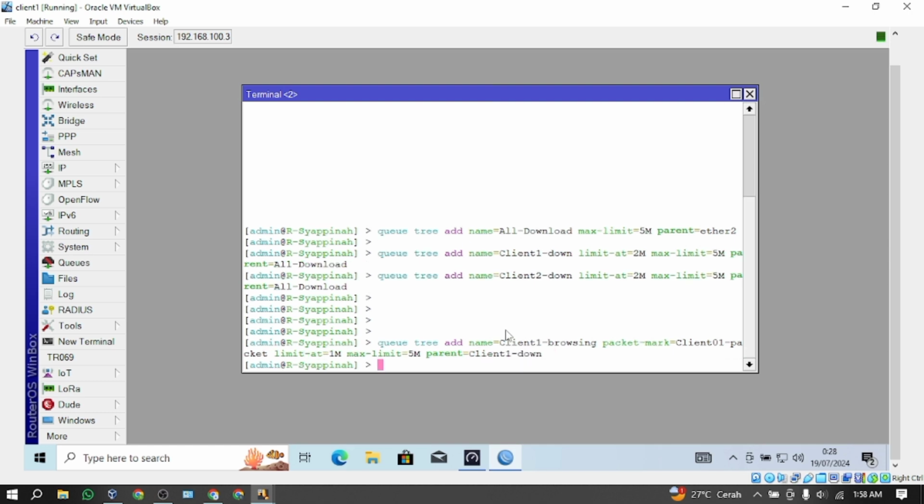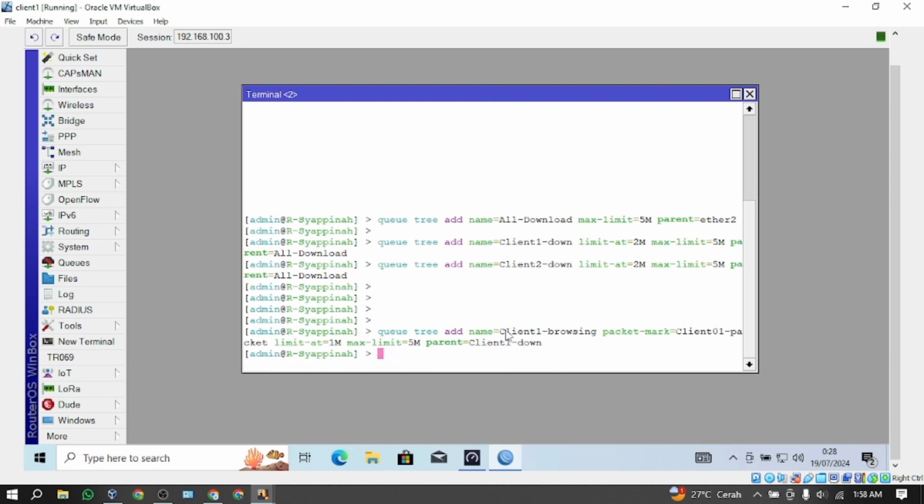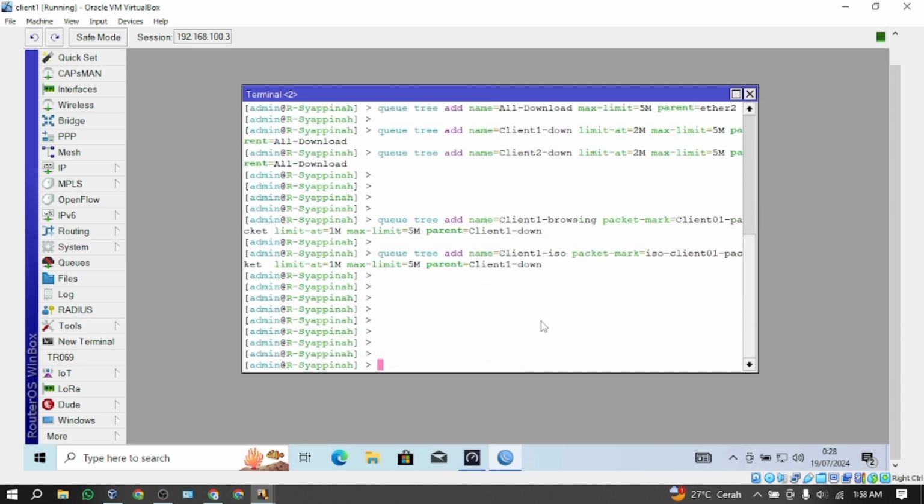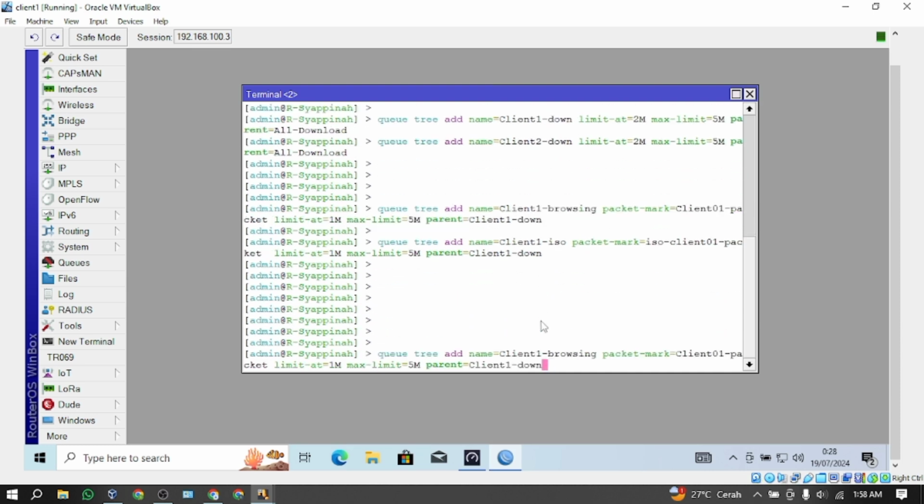Configuration for client 1. Then configuration for client 2.